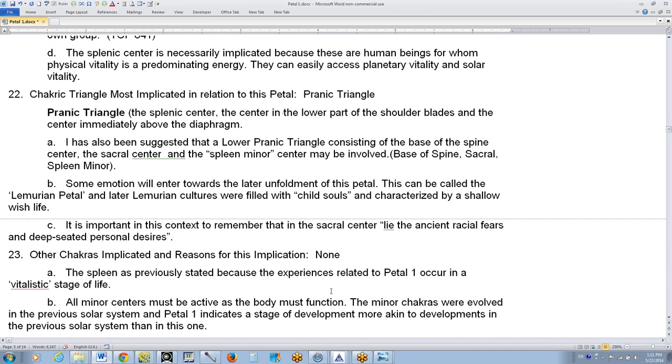And later Lemurian cultures, or the ancient Lemurian cultures, were filled with child souls and characterized by the shallow wish life. So what we need to insert, given that factor,